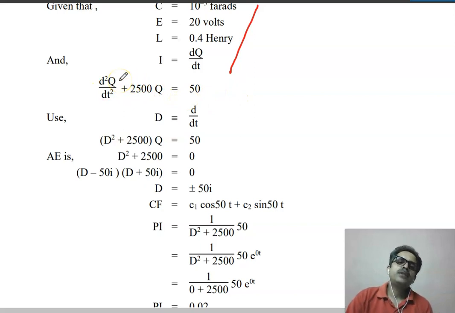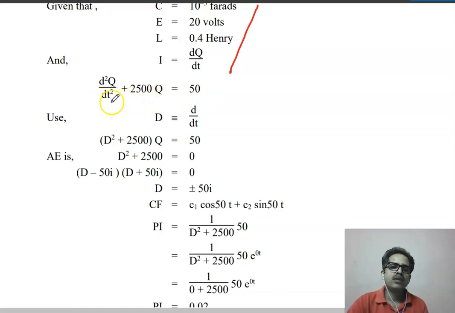And in this differential equation, we have two variables, Q and t, capital Q and t. Capital Q stands for the charge and t for time. In fact, the capital Q is the total charge in the closed circuit at time t. And this is an LDE with constant coefficients. This is a linear differential equation with constant coefficients.